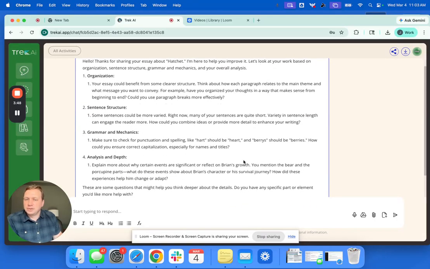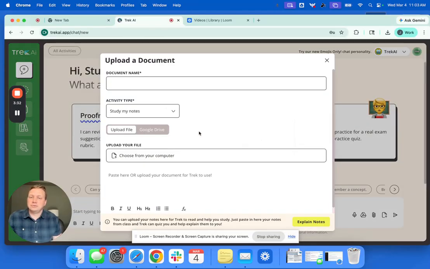It might do a little bit of spelling and punctuation, but that's nothing that Microsoft Word or Google Docs wouldn't do for a student anyway. So then I can take the feedback and then make edits, submit it again, and see how I'm doing. The next thing that it can do is help